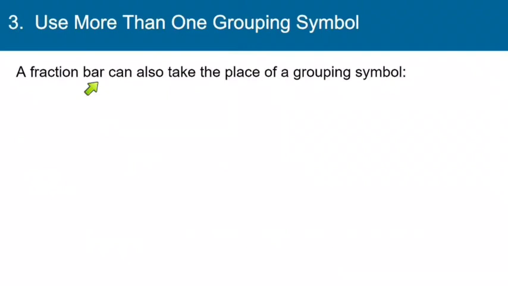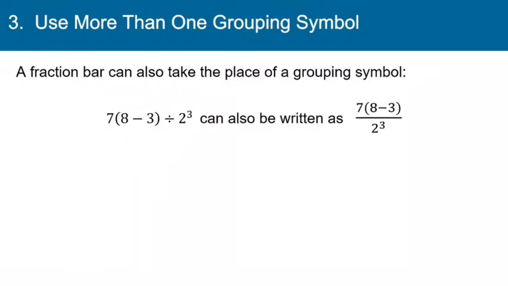Now keep in mind that a fraction bar can also take the place of a grouping symbol. For example, a problem like this where we have 7 times 8 minus 3 divided by 2 to the third. Since this whole expression is being divided by 2 to the third, you might see it written in fraction form, where the 7 times 8 minus 3 is the numerator, and then it's all divided by 2 to the third power. So remember that this symbol, when you read this and you say divided by, that can always be replaced